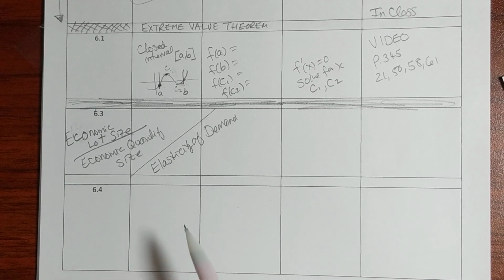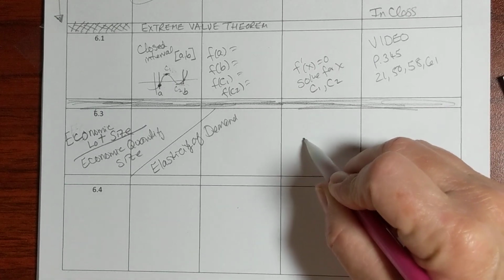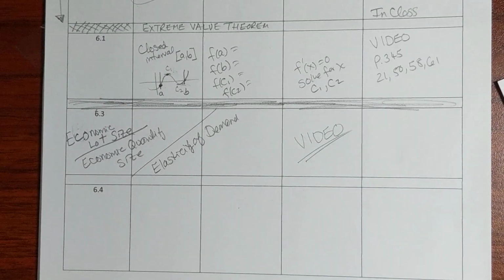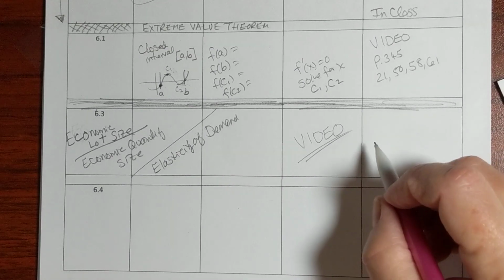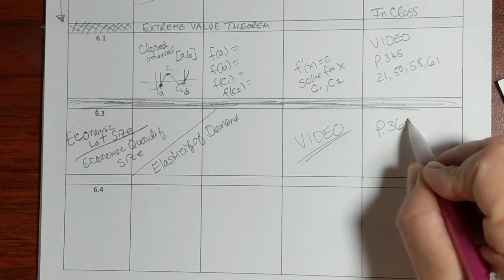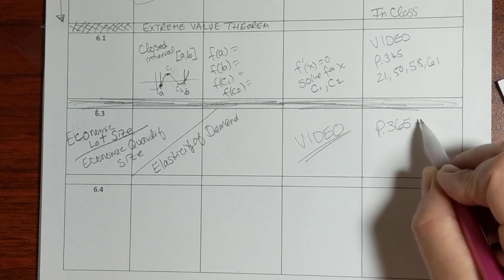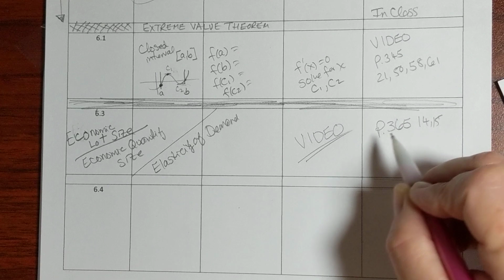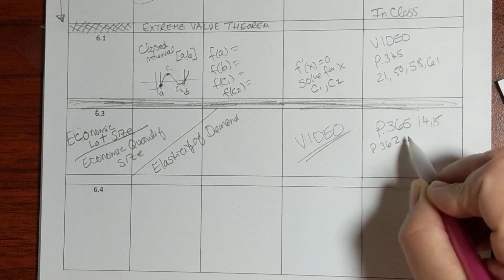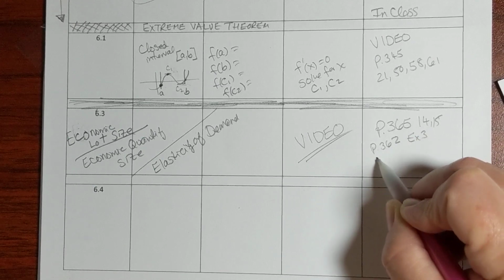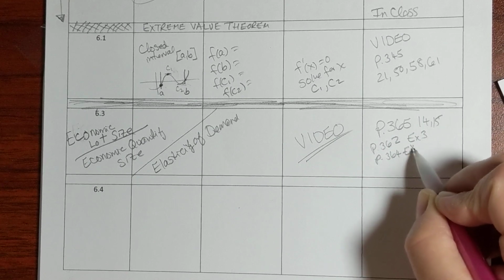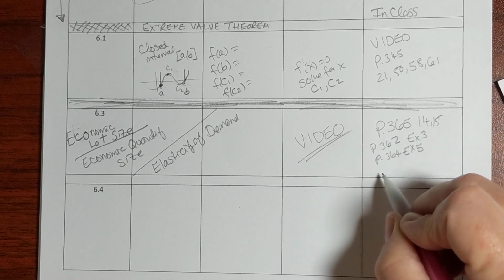So we're going to look at that. I will make a video. I haven't made it yet, but I plan on making a video to send you on this because I don't know if we'll have time in class. And the examples I plan on doing are page 365, numbers 14 and 15, and then on page 362, example 3, on page 364, example 5, and then page 366,